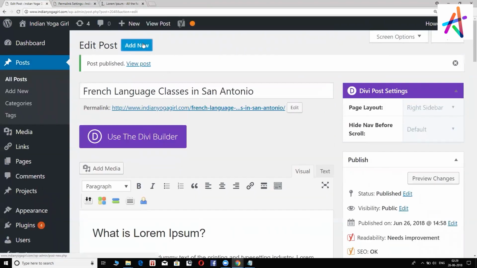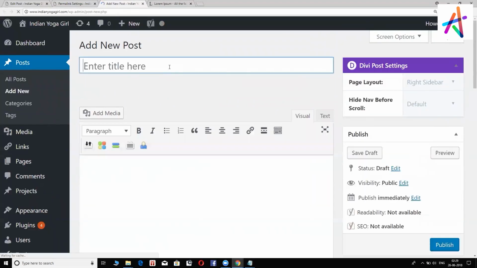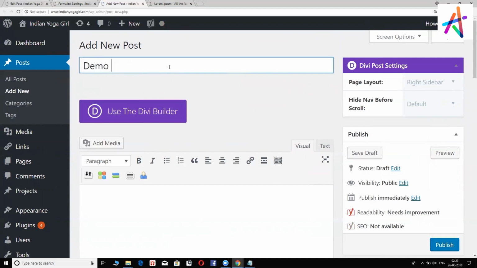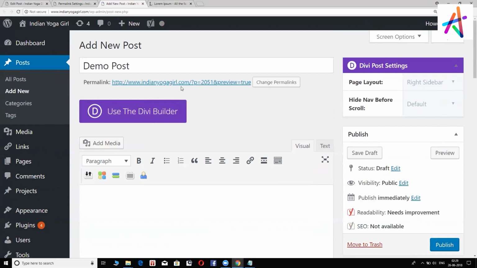Go back to this post, add new. I'm going to open this in a new tab right here. So we will type something like demo post. Okay, and then I click outside. Just keep an eye right here on the permalink section. You see it says p=2051. Apparently it's not descriptive. It doesn't mean anything. Probably for WordPress, it has some code it is able to understand, but from a human being's perspective, if I'm coming to this page, I do not know what this actually represents. I don't know what this page